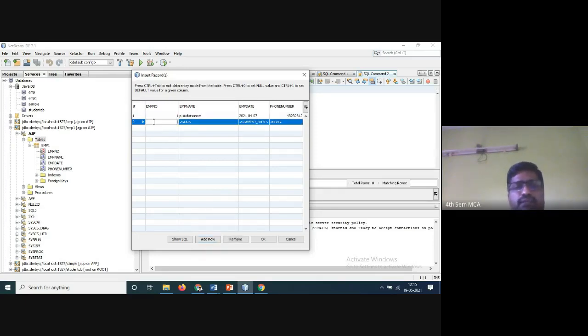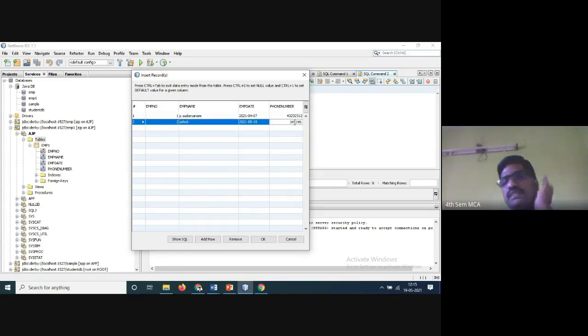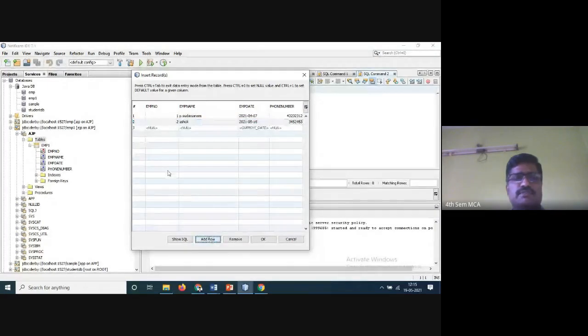Next, second number, you can enter 2. Ashok. So date, you can select any date now, no problem. Some phone number, enter more than 10 numbers. Add row. So third one,